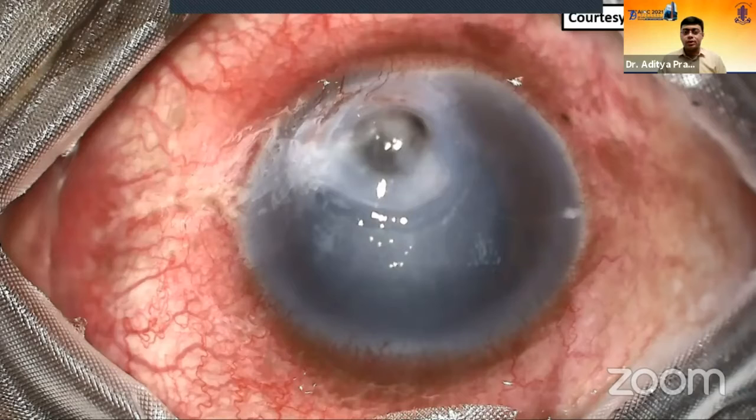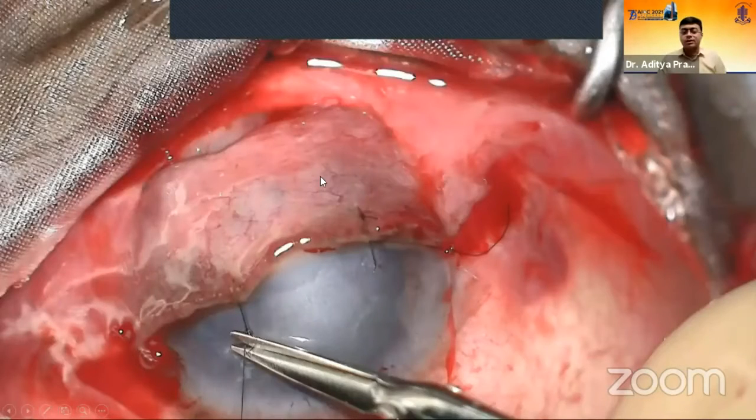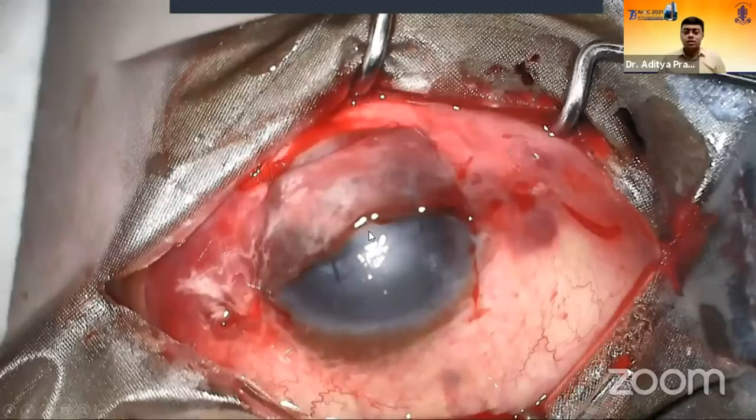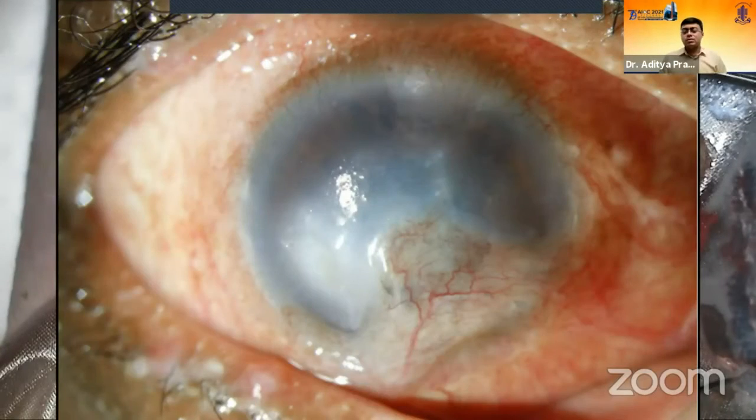So I'll just show you the intraoperative pictures, in which you just release a pedicle, a vascularized pedicle of the conjunctiva, advance it over the infected area and suture it with interrupted nylon sutures. So this is at the end of 1 month after the surgery, where there is a nice scarring, and the conjunctiva has grown over the area where the iris was almost going to prolapse, and the tectonic stability is achieved.